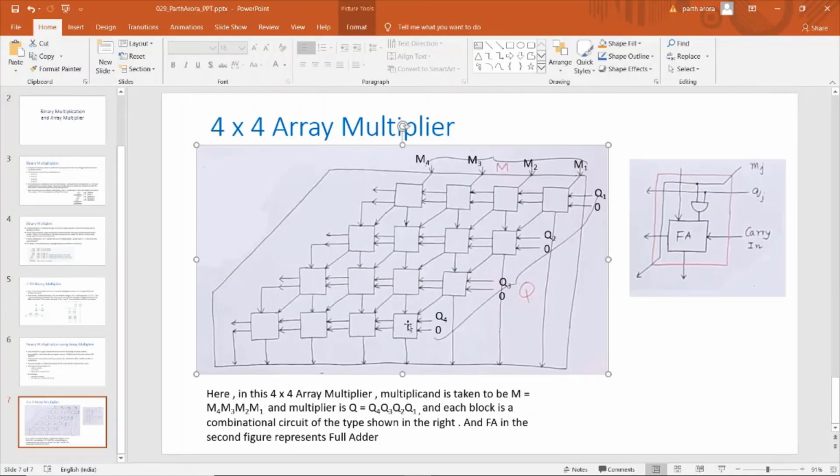And thus, after computing the cumulative sum of all the blocks in a position or weight vector, we will eventually get a resultant product, which will be denoted by these results. Here we can see that, assuming our result product P is equal to P8, P7 till P1, since our output will have 8 bits, we will get P1 from here, P2 from here and P3 from here and so on.